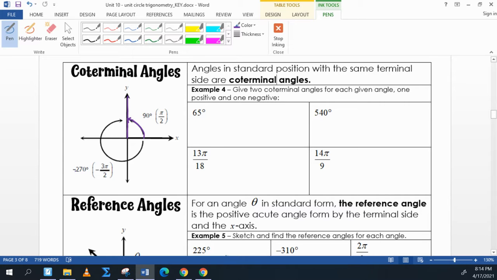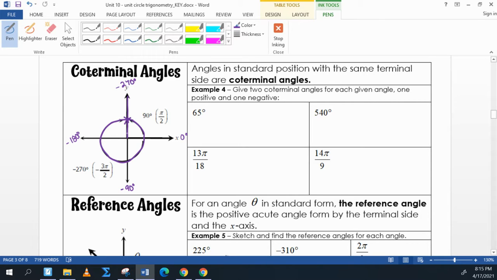So you'll notice that they also drew a negative 270-degree angle. So remember, if we're marking this, this would be a negative 90 degrees. So it starts at 0. There's negative 90, negative 180, negative 270. So it does indeed start right here and wraps all the way around and ends right on that same coterminal